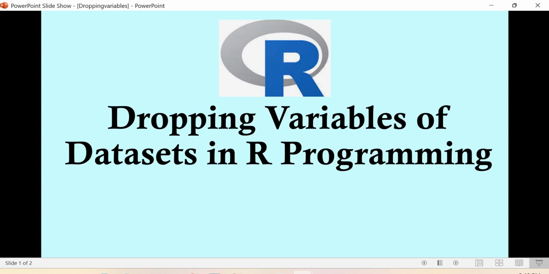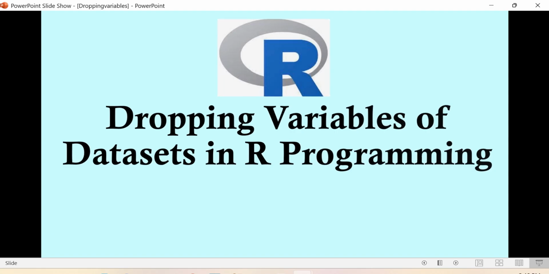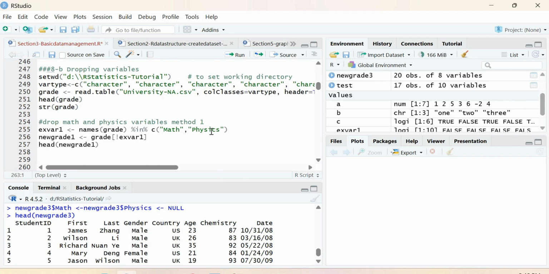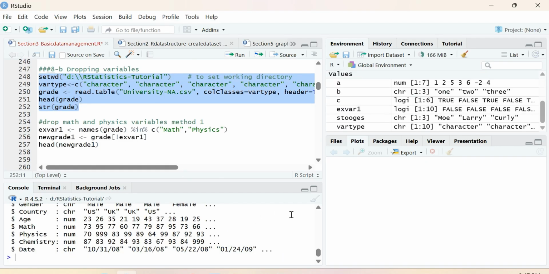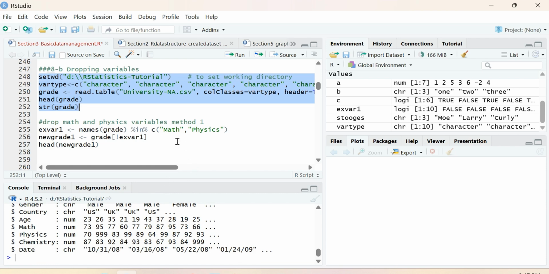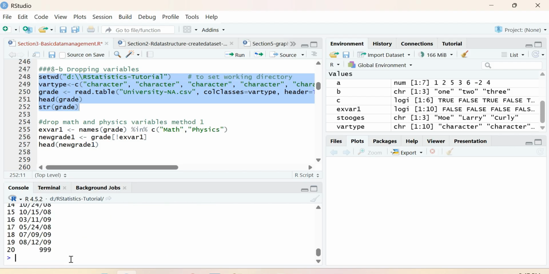Hello, in this video we show several ways of dropping variables of datasets in R. So we go to RStudio. For example, we create a data frame called grade, and the data frame has 20 observations of 10 variables. Say we want to drop math and physics, these two variables. So first we show the data frame, grade,